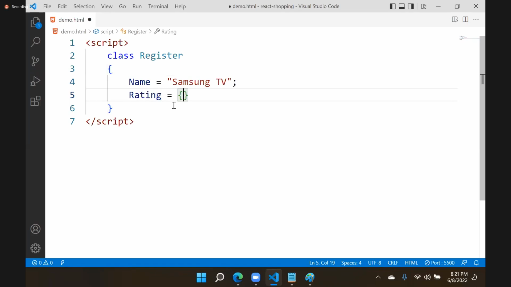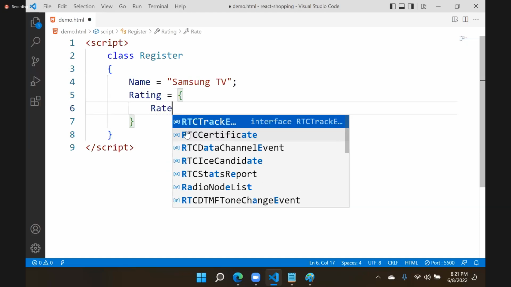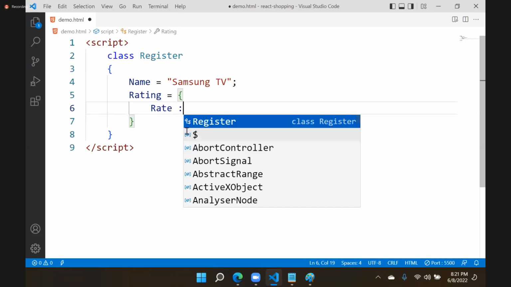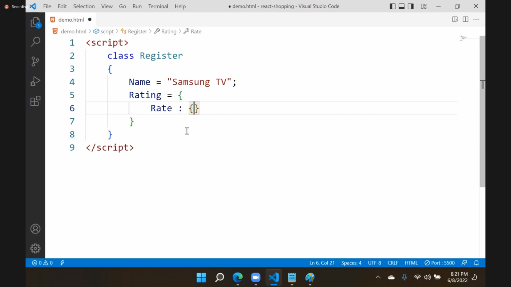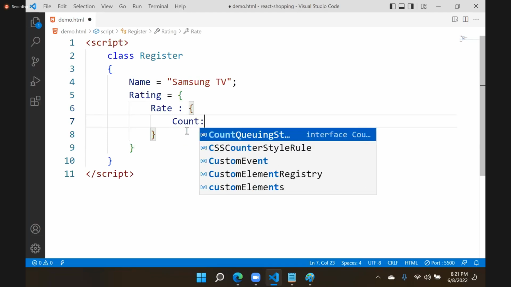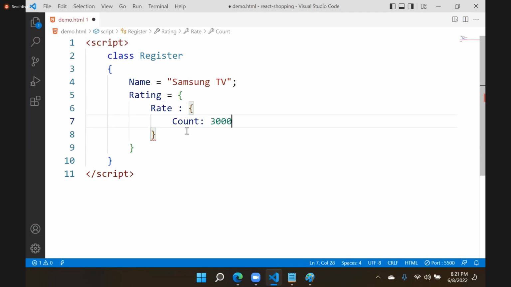Rating is an object type. You know arrays, objects, how to handle. It is an object type. And in this rating, you have another object. So we have another property, rate. In this rate, it is again an object type. In this, we have count. Count is, suppose, 3000. And here we have rating rate